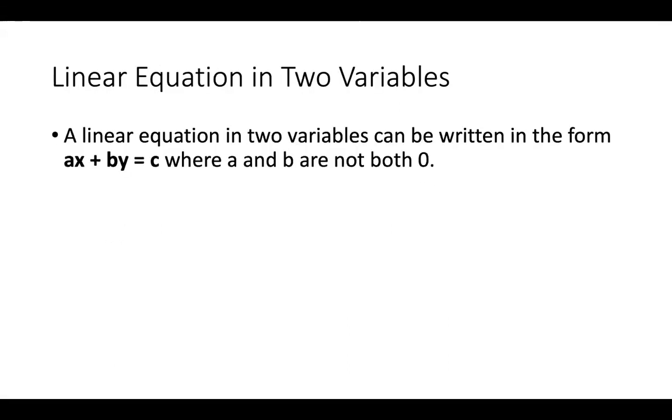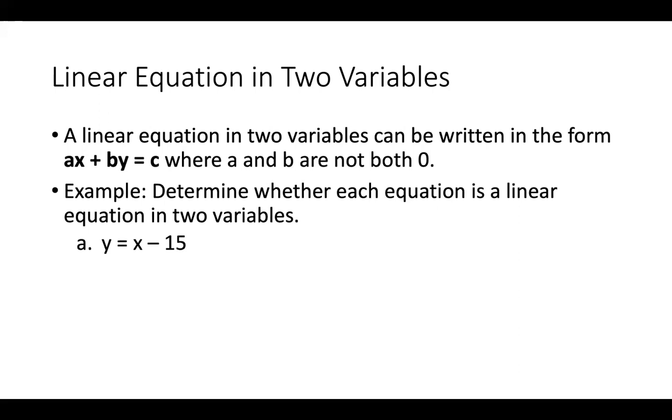All right, so when we talk about a linear equation in two variables, that's an equation that can be written in the form ax plus by equals c, where a and b are not both zero. So understand that in any given problem, a, b, and c will be given real numbers. X and y will be variables. So for example,